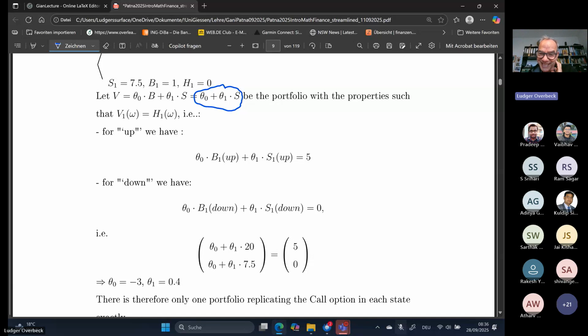Actually, you also don't know P. This is the only one you don't know, but you will see you are not really interested in P. That's the funny thing about replication. You will later see that you're only interested in theta 0 and theta 1. And more or less for all P's, you get the same theta 0 and theta 1. This you see on this simple example already that P doesn't matter really.